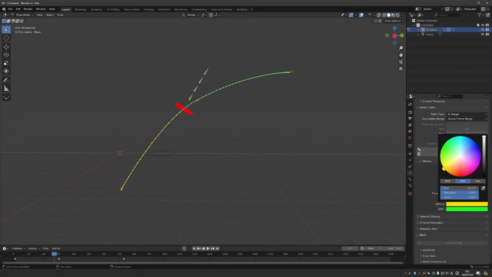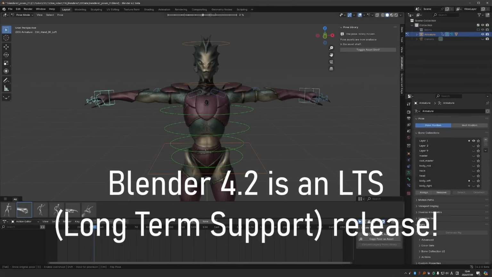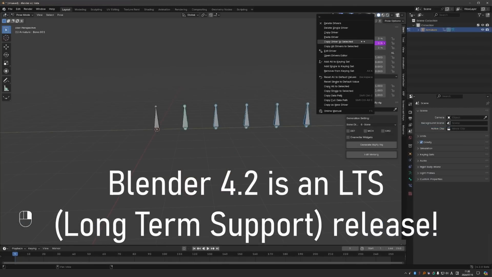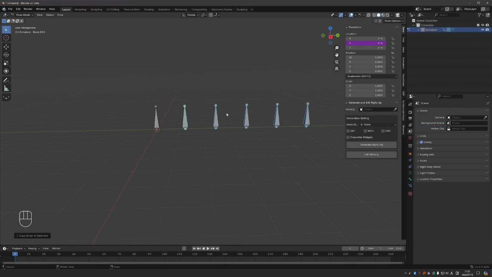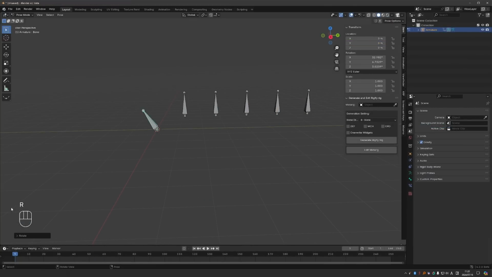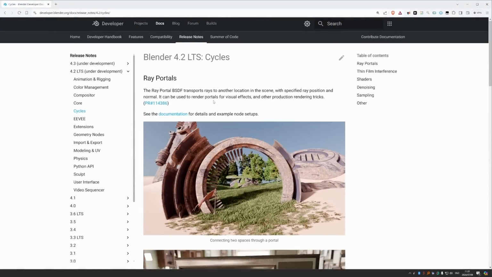In this video, we'll check out what's new in Blender 4.2, which was just released. As always, CGDive will be focusing on rigging and animation, but I'll try to summarize some of the other notable